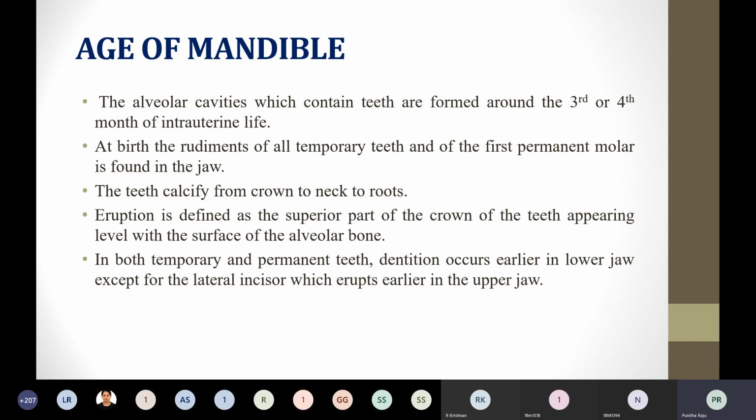And you have the molars. You have molar 1, molar 2, and molar 3. In temporary teeth you have only 20 teeth. Okay, so 5 in each side: 5 on the right upper, 5 on the left upper. So totally you have 20 temporary teeth, and in permanent teeth you have 32. This is very important. These are all the basics. Temporary, you have 20 teeth, and permanent, you have 32 teeth.